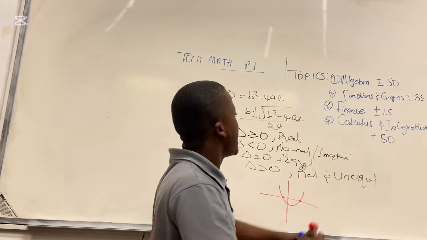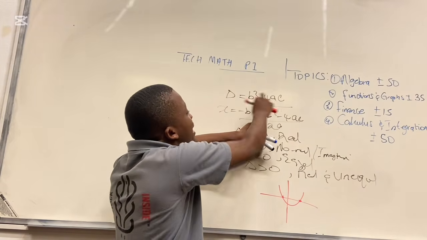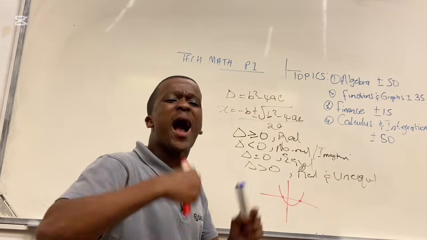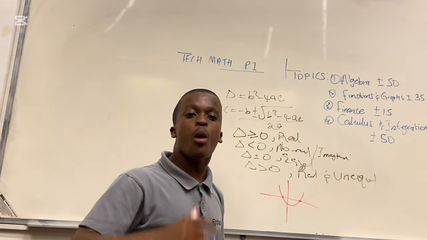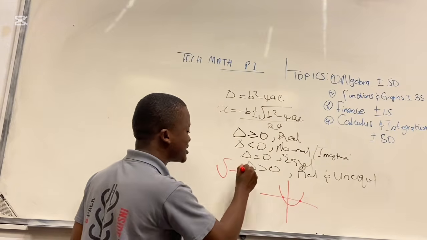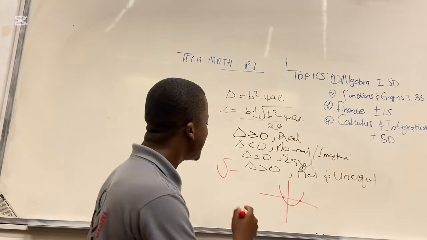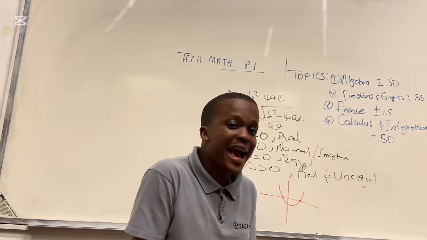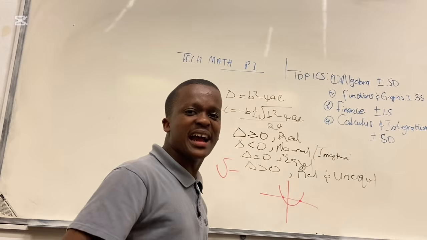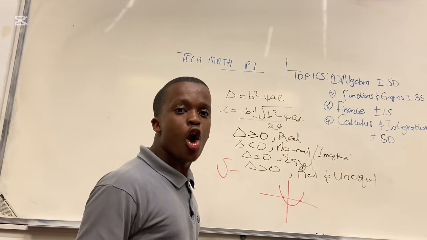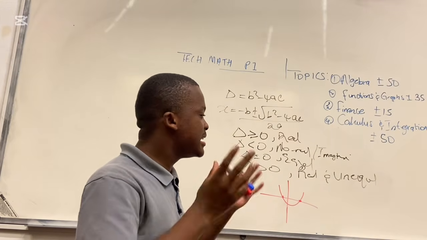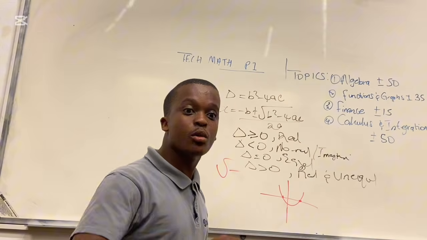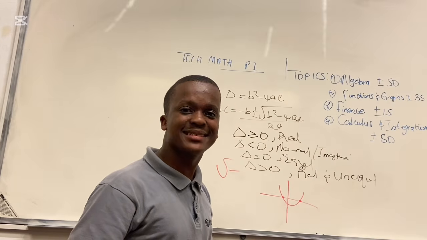Non-real, imaginary. We are dealing with b squared minus 4ac, according to the quadratic formula, under a square root. Now what is a negative square root? Remember, a negative square root is what? It is an imaginary number. It's undefined. We cannot define that, the b squared minus 4ac negative under a square root. Any negative, we are dealing with complex numbers.